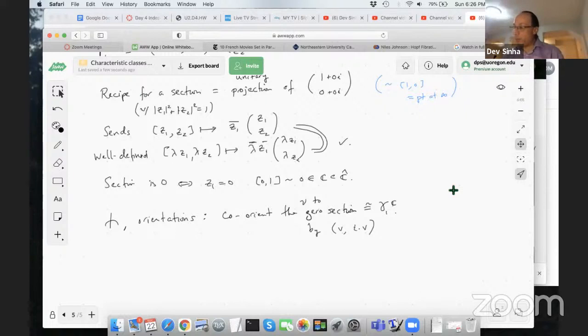And we can orient 0 in C, which is sitting inside C hat or CP1, by choosing the image of, well, the tangent bundle was really C cross C, but anyways, by standard abuse, when you're looking at a bundle over a chunk of Euclidean or complex space, just list those vectors, and in that case, it's 1 plus 0i and 0 plus 1i, as you would expect. And